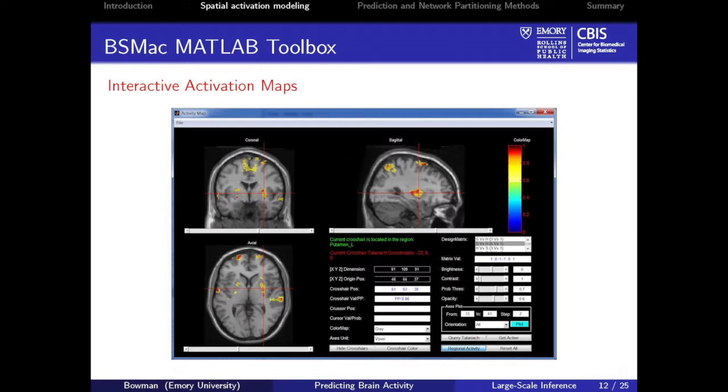shows one of them. It's just sort of a dynamic graph. As you click around, you can see different areas that show increased probability of activation, where activation is defined as I mentioned previously. So this is a typical map that you'll see in neuroimaging experiments. However, I think the interpretation here is a lot more natural, that these hotspots represent the probability of activation from the posterior probability distribution, and you can threshold wherever you like.